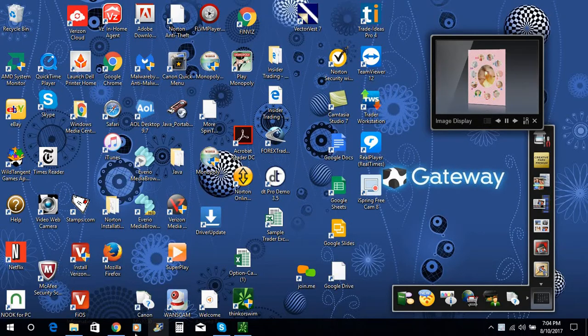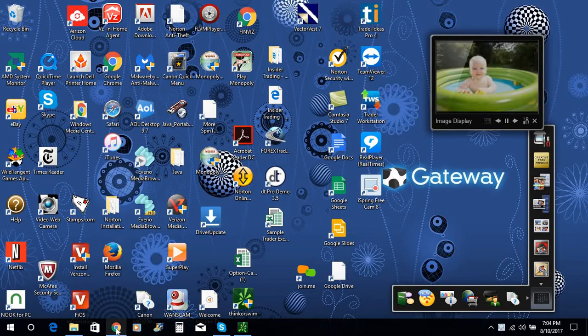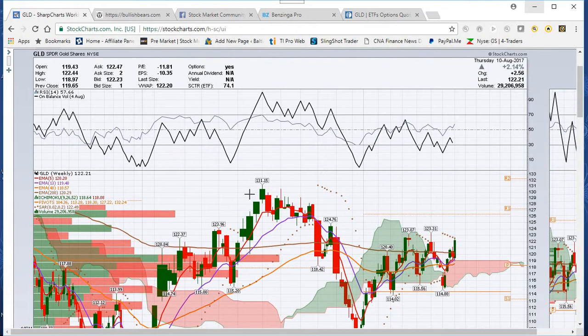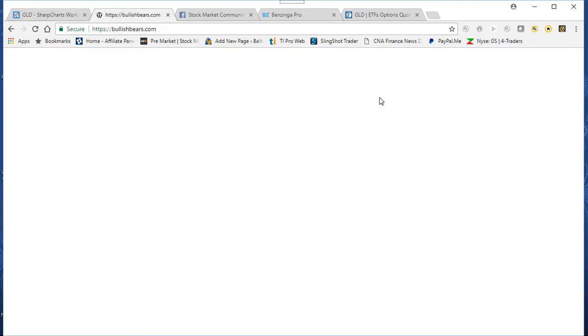And I wanted to go over my GLD trade to give you guys an update. But prior to me going over this GLD option trade, for you guys who have not visited us yet,